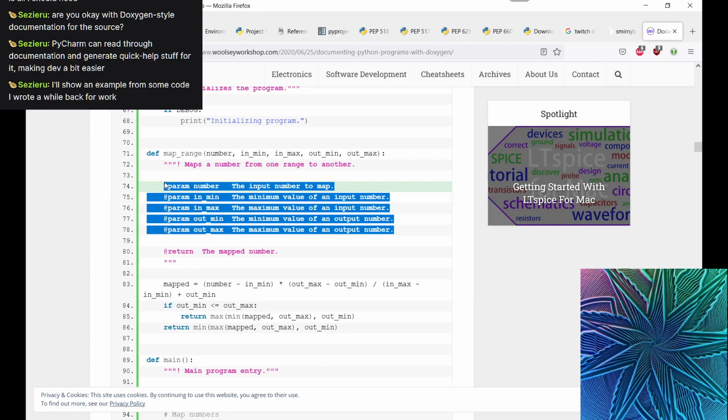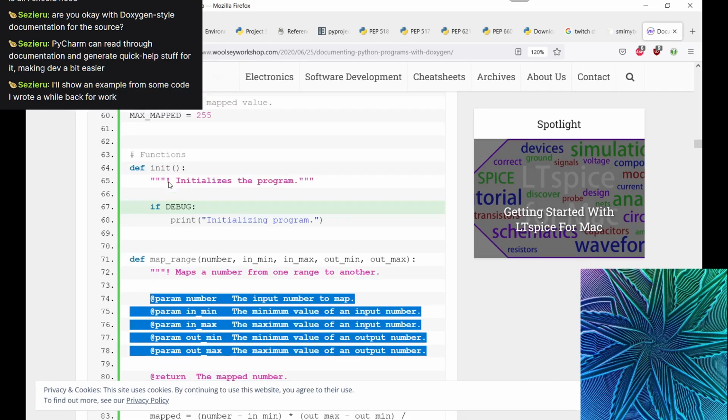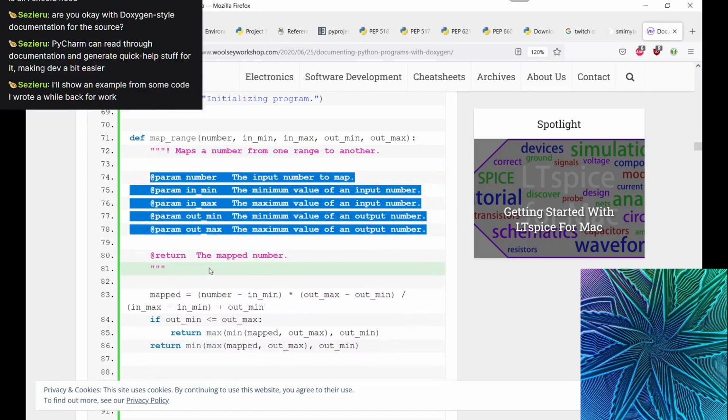Yeah, this is also the style. This is a very similar style to the one that is also readable by Sphinx. And I think PyCharm is also able to auto-generate some of this. Wait, let me see.